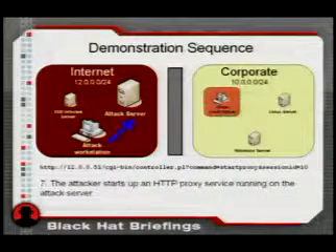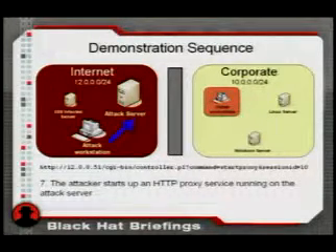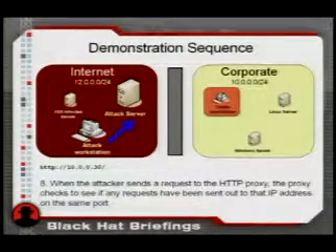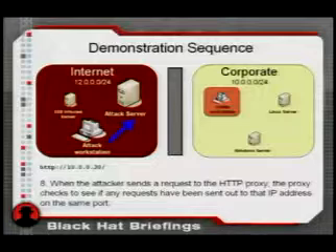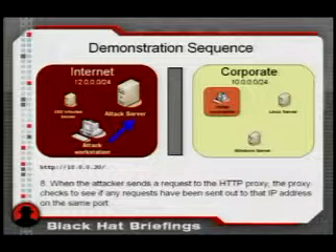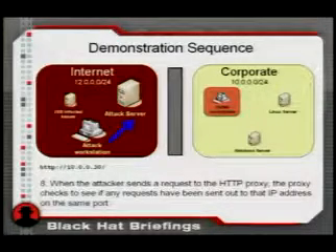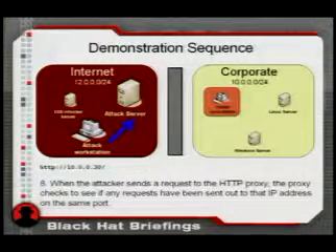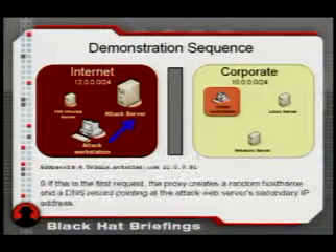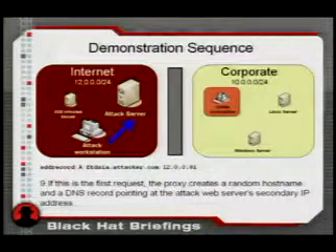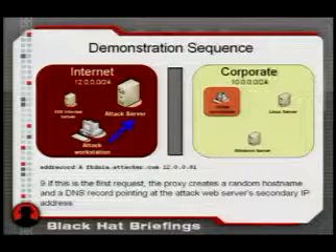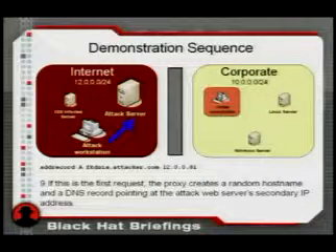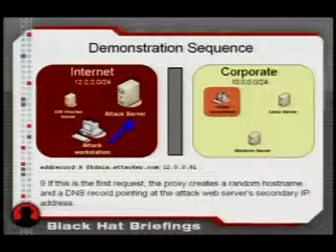So the attacker starts up the HTTP proxy server running on the attack server. The first time he sends a request to the proxy server, it checks to see if it's seen any other requests for that specific IP address. If it hasn't, it knows that it needs to set up a new anti-DNS pinning attack. So the first thing it does is create a random host name and a corresponding A record on the attack domain's DNS server. Initially, that record points at the secondary IP address on the attack web server.